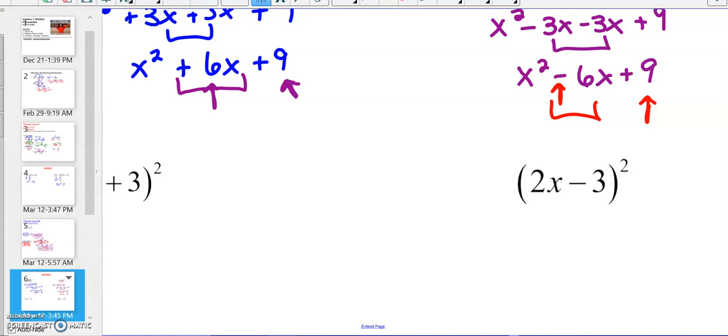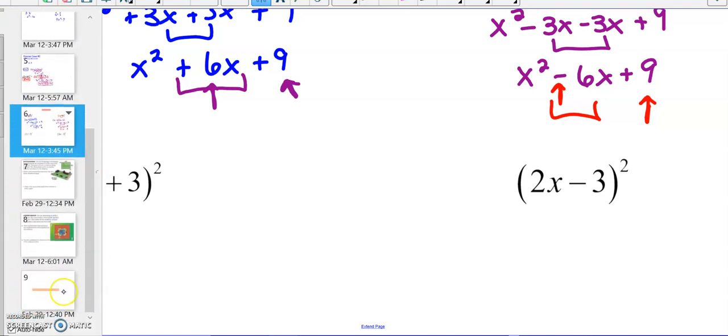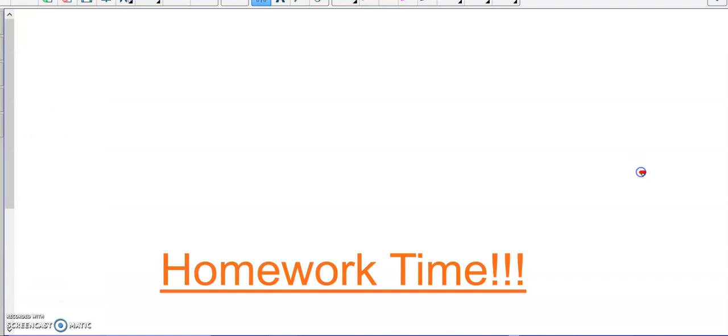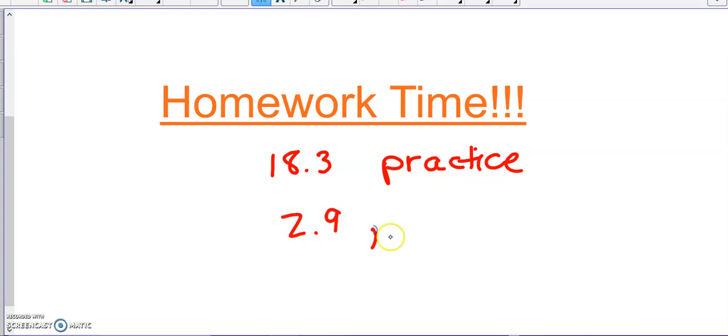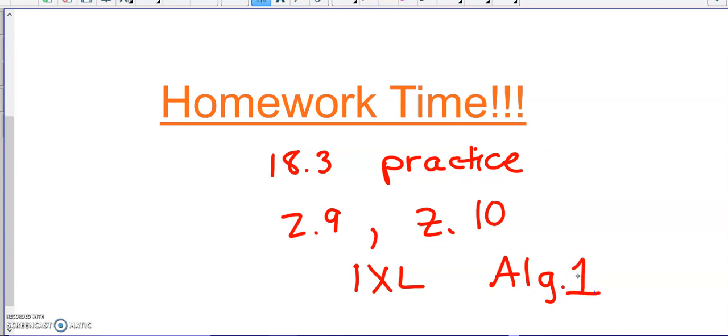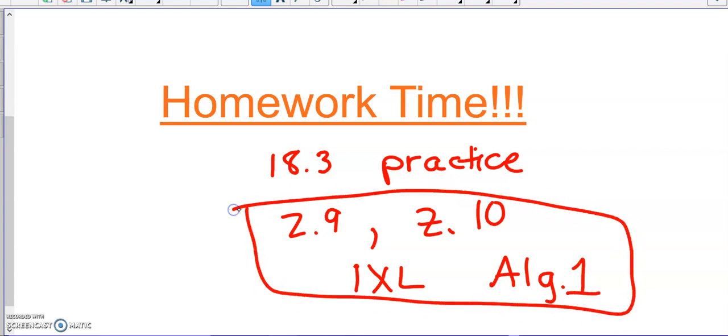Now, finally, you have homework. Your homework is going to be 18.3 in your practice workbook. Or you can look at Z9 and Z10 in IXL. And that's under your Algebra 1 tab. So if you've already done the practice workbook, Z9 is your special cases, and Z10 is just